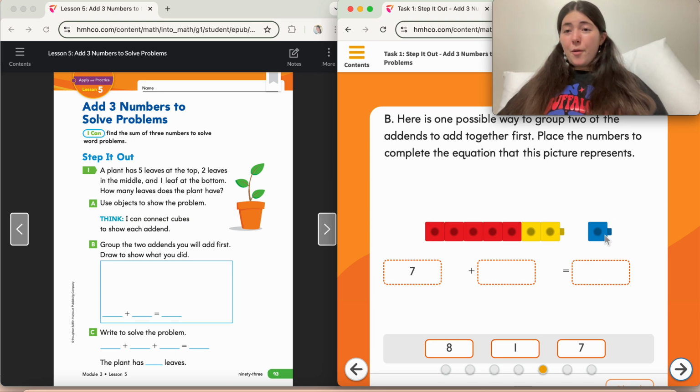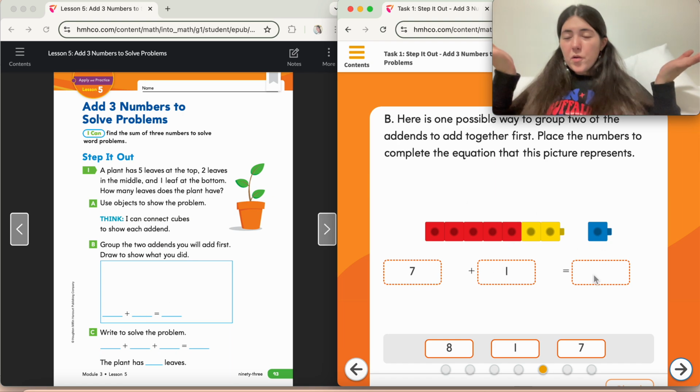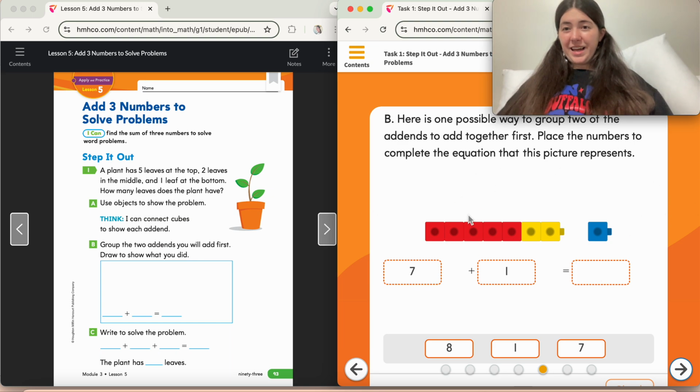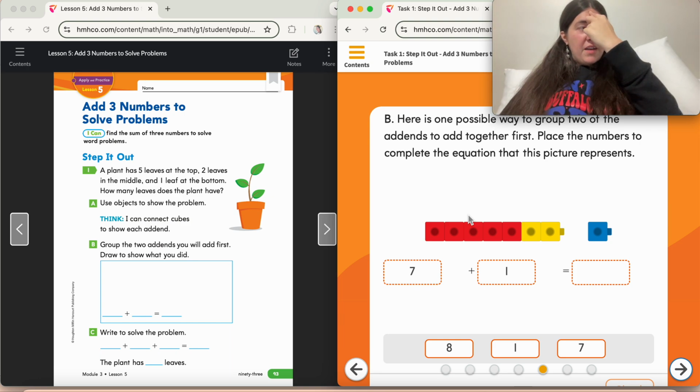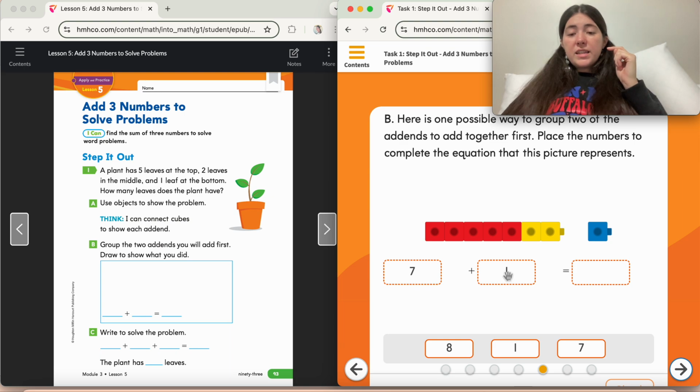And our second, how many do we have for our second addend? 1 will go right here. In your book where my mouse is, a 1 right here. 7 plus 1 equals, how can we figure that out? We have 2 different ways. We can either count on 1 or we can count up all our cubes together. I'm going to do both. I'm going to first count on, I'm going to put 7 in my head, and I know that 1 more than 7 is 7,